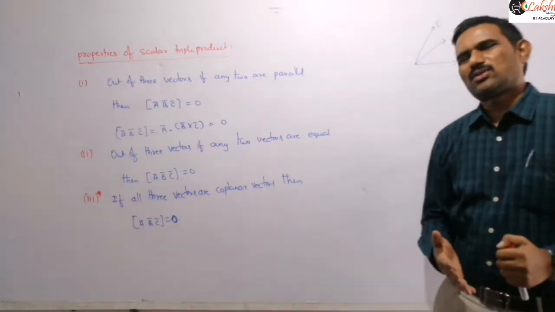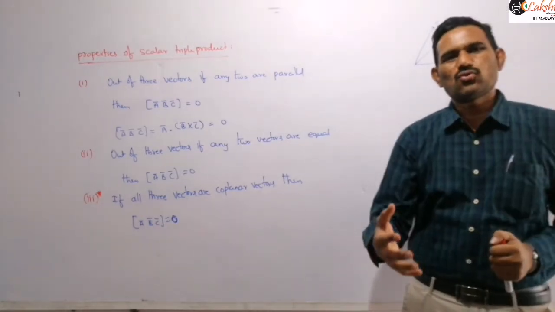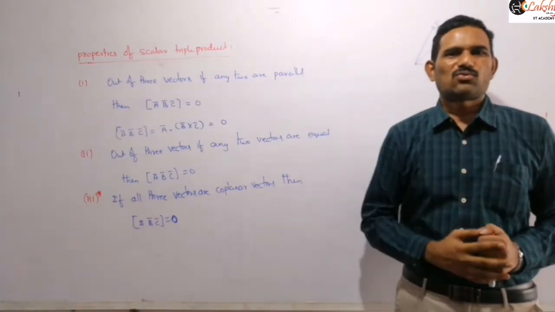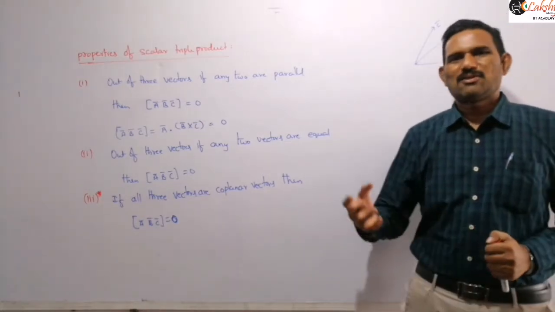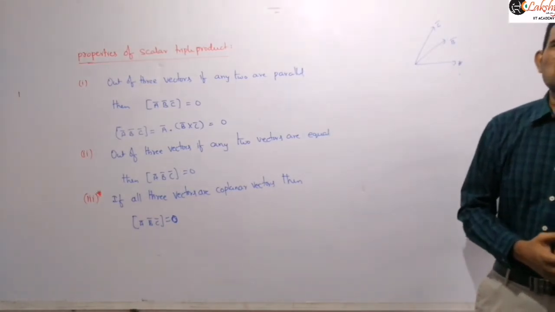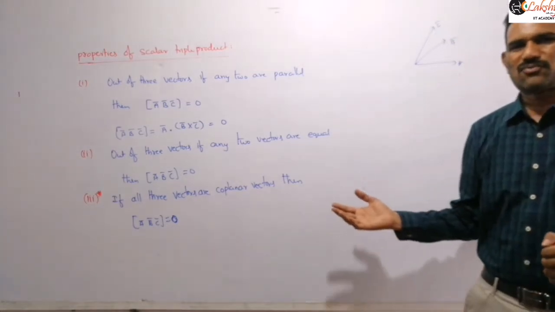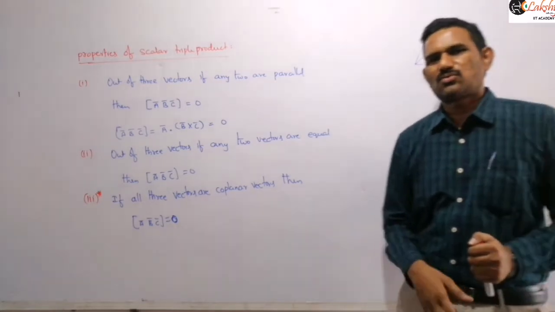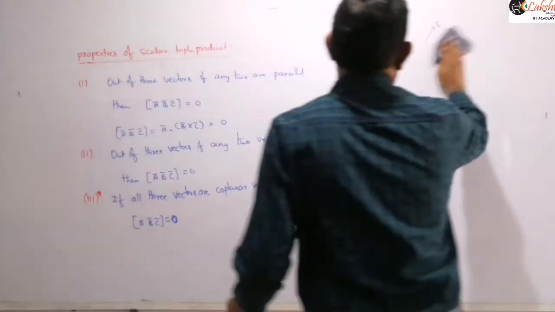Sometimes three vectors will be given, and if all the three vectors are coplanar, they will give some unknown quantities in that. Like previously we solved one problem, when two vectors are parallel, they gave some unknown quantities and we found those unknown quantities. Similarly, if the three vectors are coplanar, then they will give some unknown values and we can find those unknown values in any one of the vectors. Sometimes they may also ask you to prove which of the vectors are coplanar. Then we just find the scalar triple product of the three vectors. If the triple product is 0, then you can conclude that they are coplanar vectors, right? So this is an important property here.